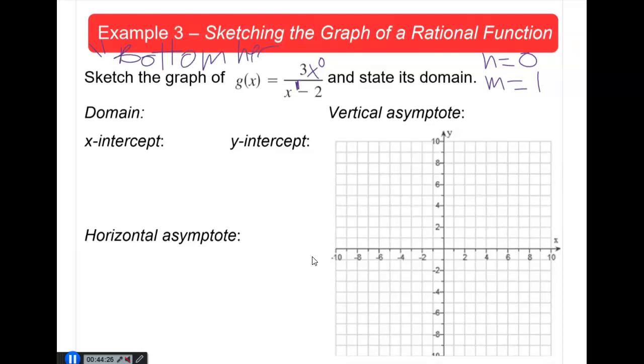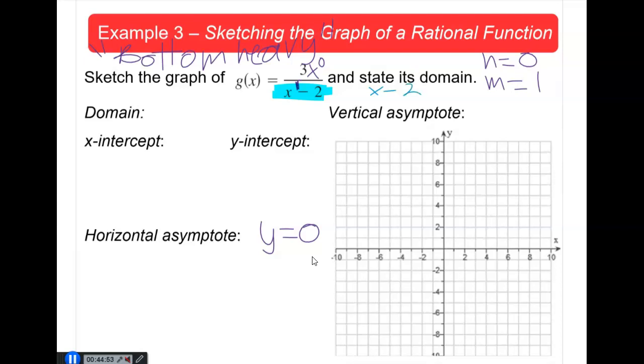And so that helps me locate the horizontal asymptote pretty easily, and that's because it's by default y equals 0 if you have a bottom heavy rational function. Now let's find the vertical asymptote, and so for that we take the denominator, which is x